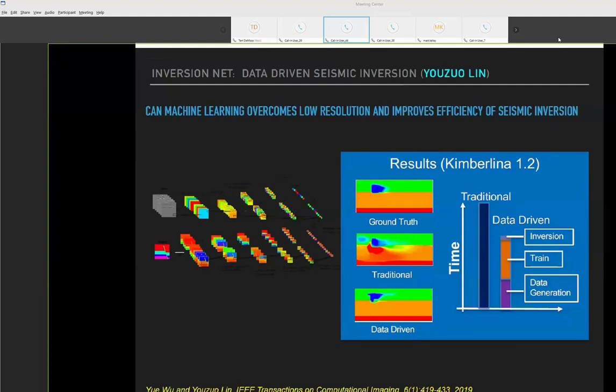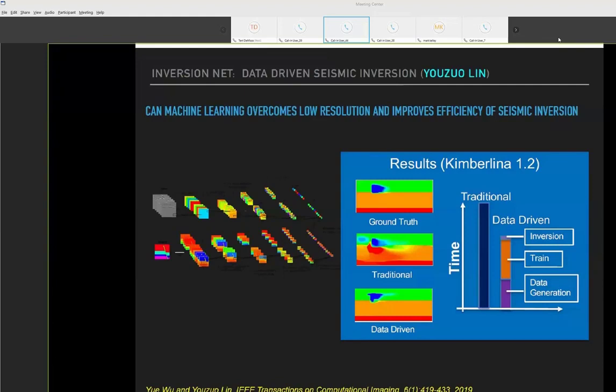Once you've built the model, and in this case it's a convolutional neural network, you can apply it to the Earth, or you can apply it to test data sets like Kimberlina, and that's what you're seeing here on the right. The ground truth from Kimberlina is the upper cross section, and in the center is the traditional approach using standard tomography, and the data-driven approach that Yuzuo has developed shows the result, which is actually very clean.